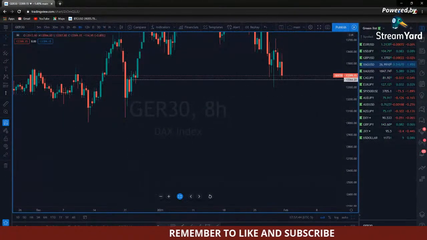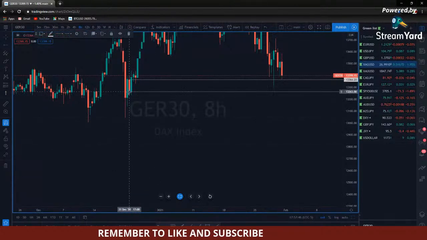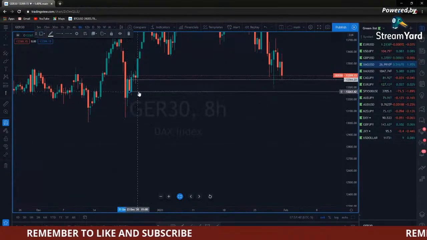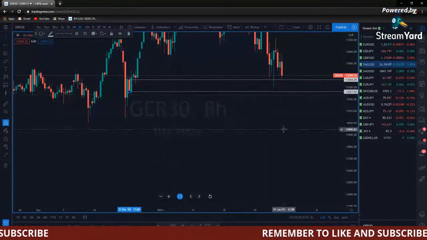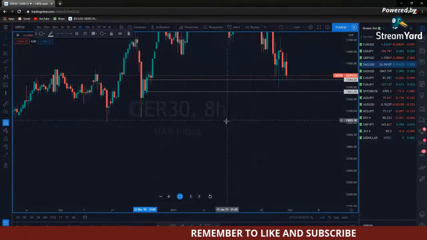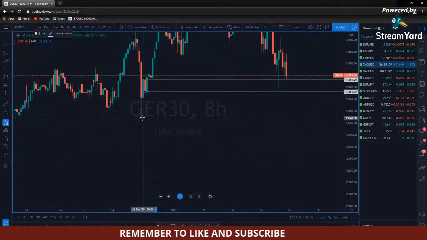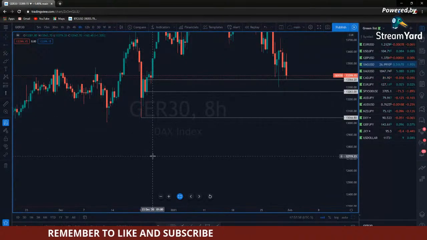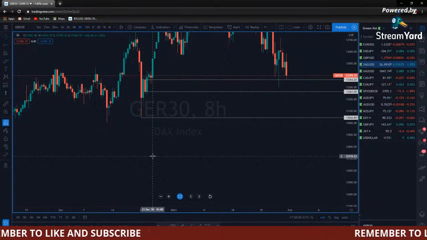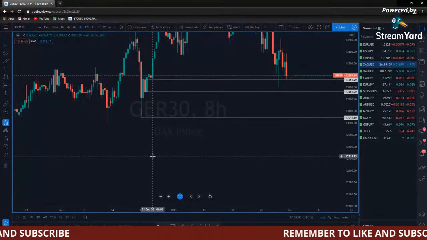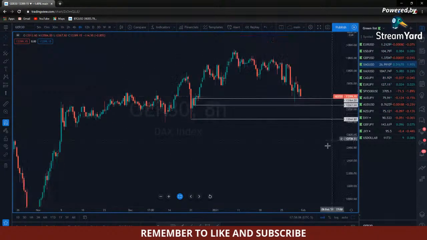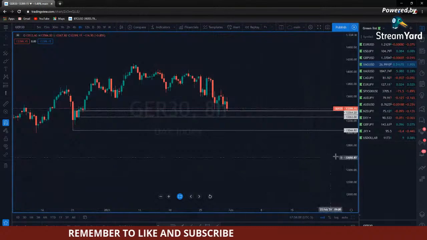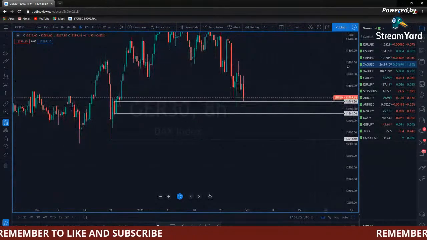Now, there's a swing low right below it, right here. So if this fails to hold, it could possibly hold there. If you're closing 8-hour candles below 13,263, this is your target, this wick, 13,044 spot 80. If you're bullish on this asset, which you should be because it looks just like the S&P 500, you should not be bearish on this just yet.